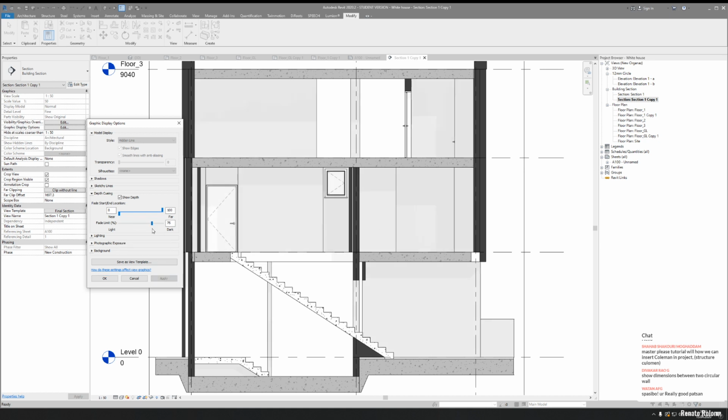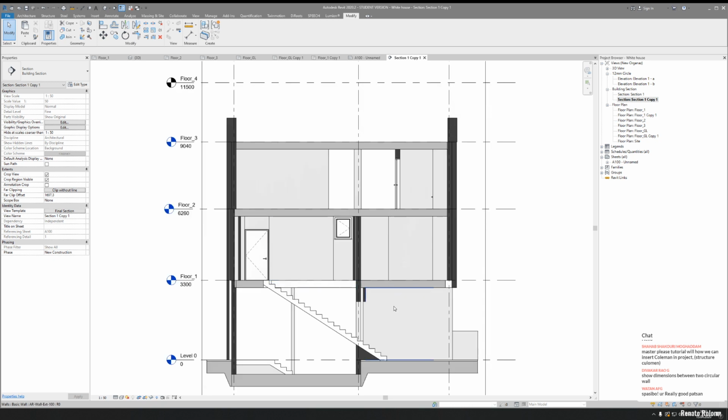Now you can see everything, but if you do it without the limit, you will get a situation like this, where you can see the depth of field, and this is not bad, because when you are making your section, you want to see how deep, for example, this door is. Now you can see it's a bit far. So,